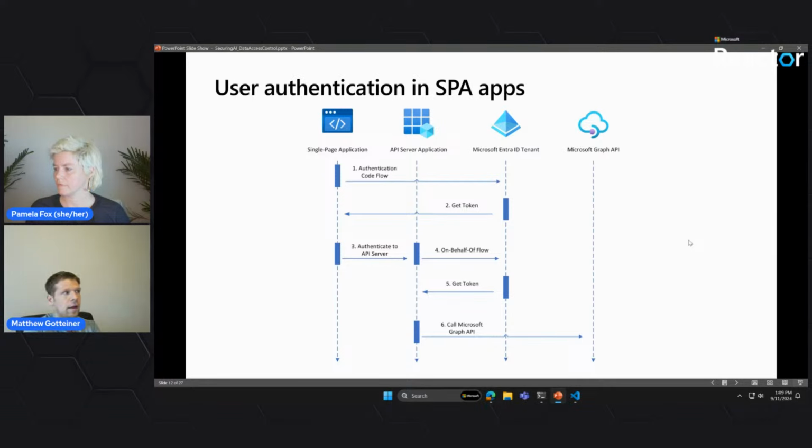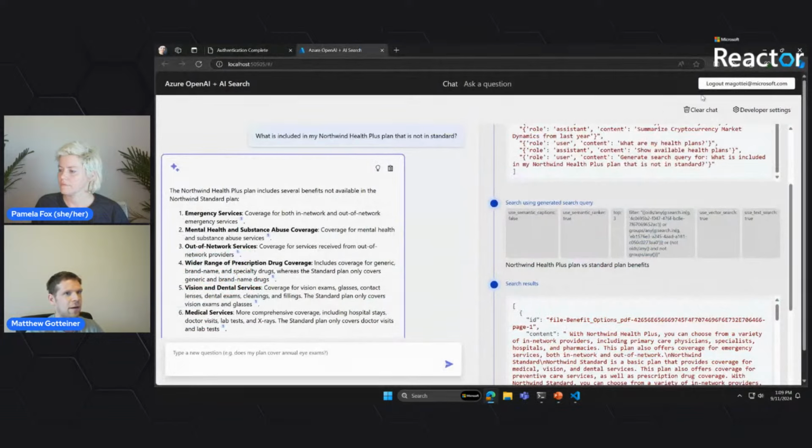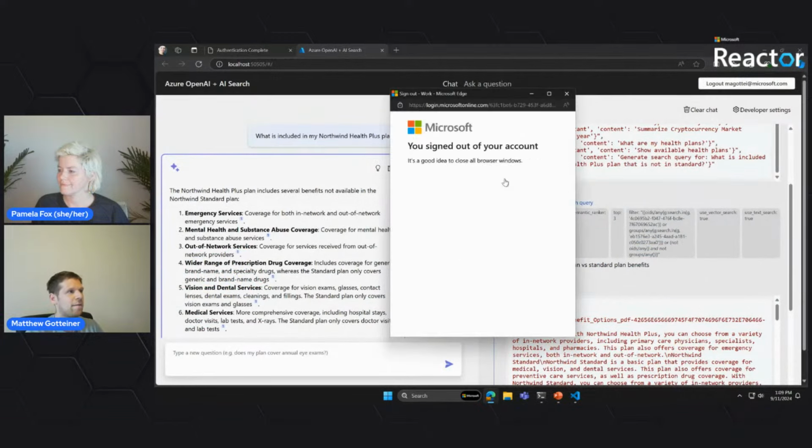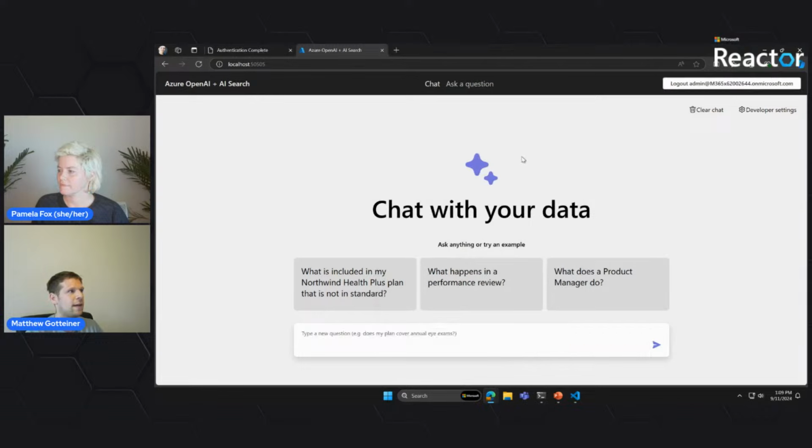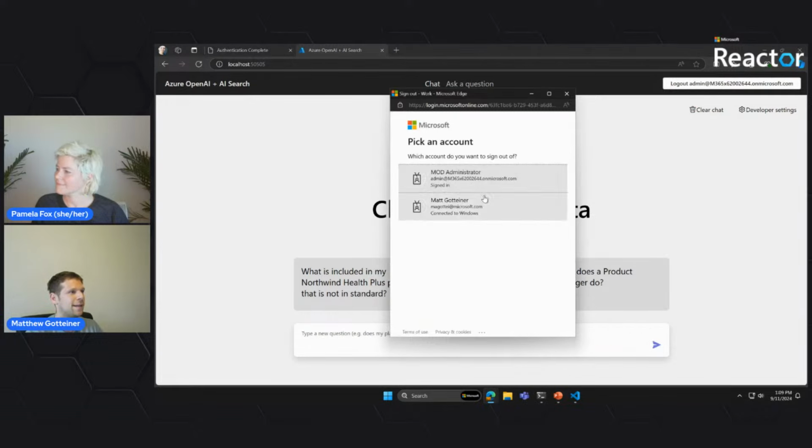When we actually log in to our application, logging in is a more complicated process that Microsoft Entra ID really abstracts away from us. All we really need to worry about is saying, hey, I want to log in, and Microsoft Entra ID handles all the details. There are a couple of more complicated ways you can log in. The easiest way by far is to use an authorization code. So you can basically imagine a pop-up box, and I'll actually show you here, where if I log out of my application, and I go to log in. Actually, I have to log out of this one too.